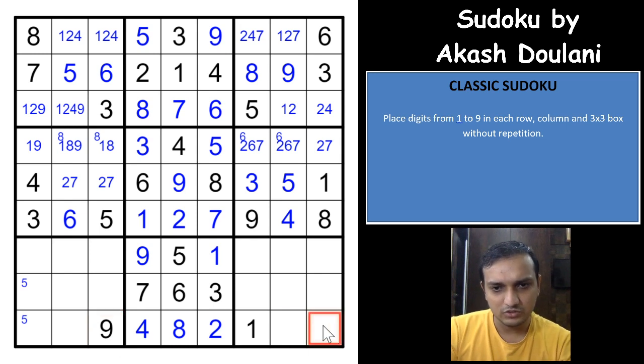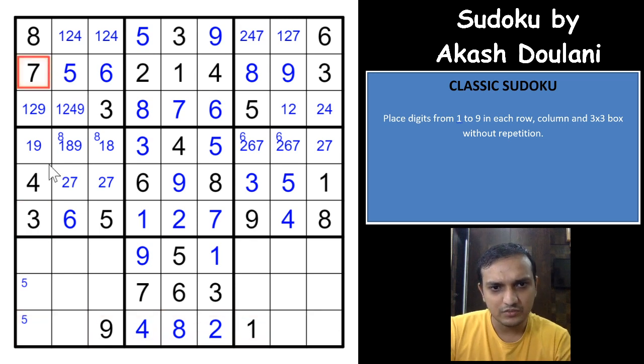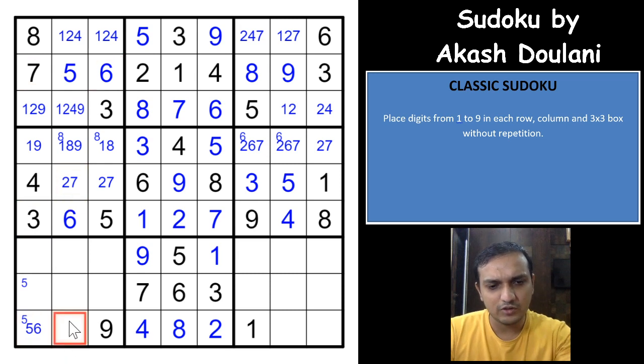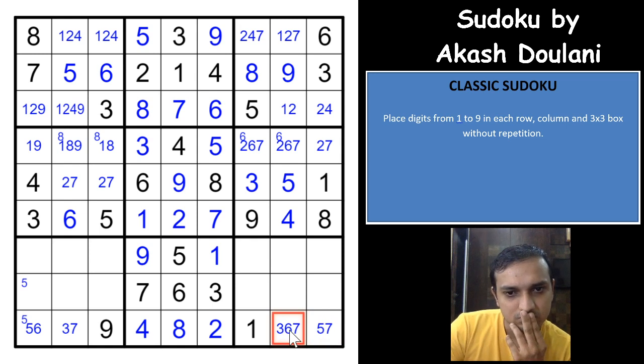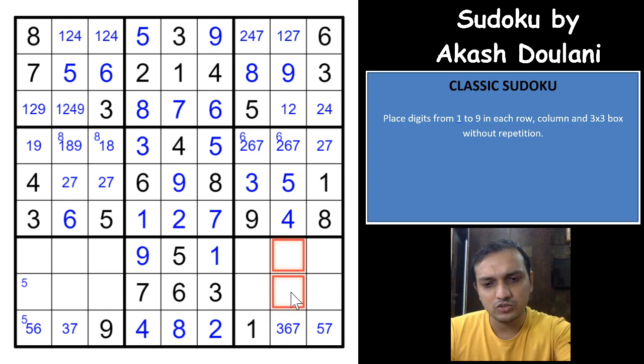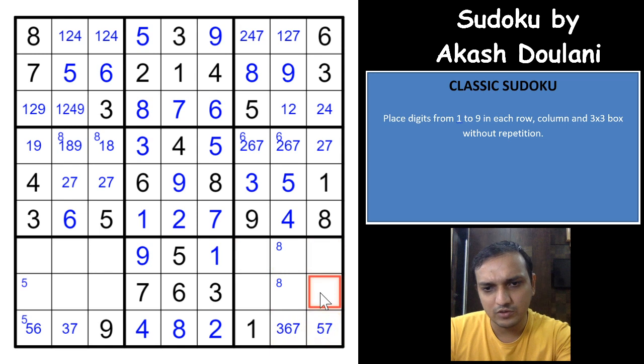Okay, yeah, I'll see this row now because it might help me to solve something else here. And 3 5 6 and 7, right? 3 7, and this would have to be 6 5 6. 3 5 6 7 5 6, and this would have to be 3 7 6 3 5 7 5 3, 6 and 7. Eight would have to be in one of these two cells. 5 cannot be here. 5 would have to be in one of these two cells.